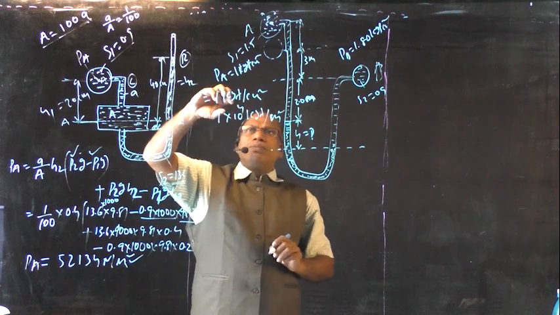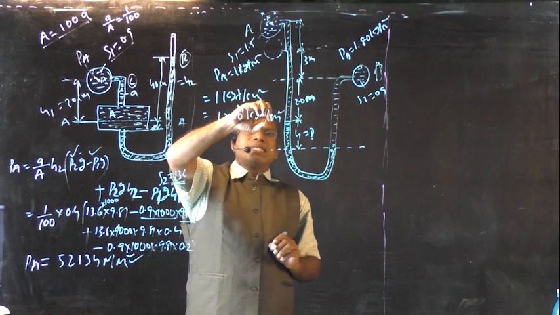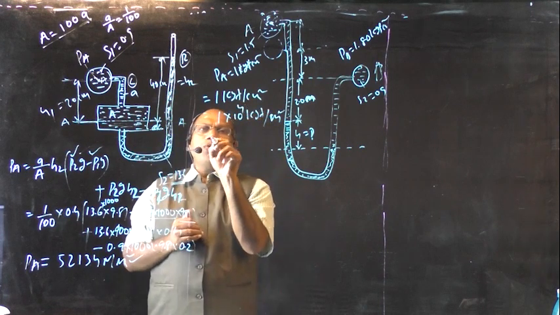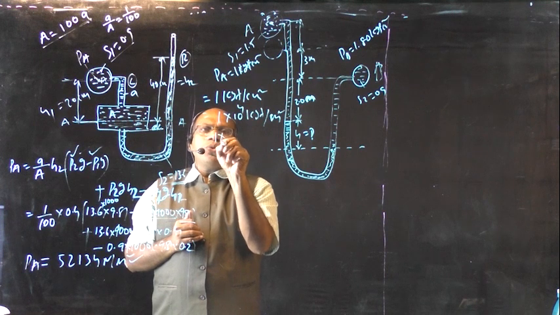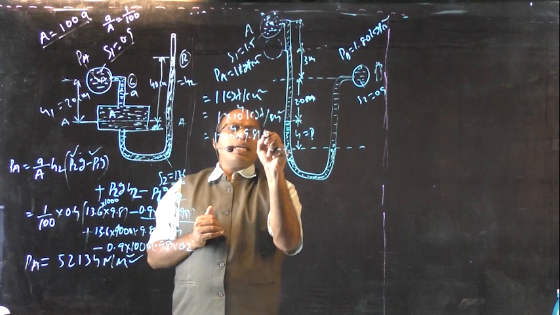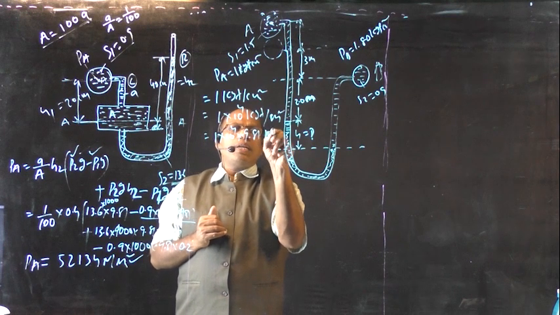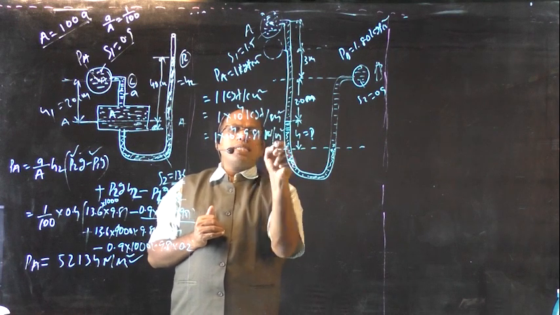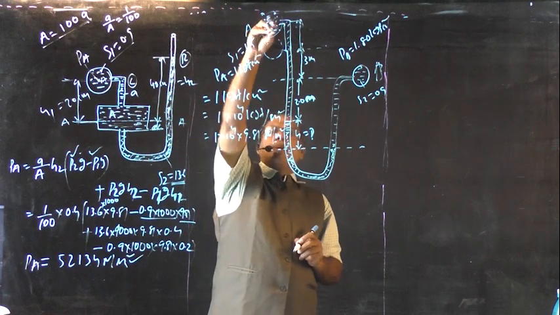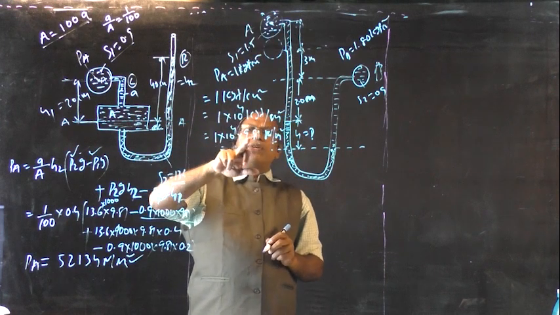This is the pressure unit in MKS system. Now this converts into SI system. Therefore 1 into 10 power 4 into 9.81 Newton per meter square. This is the pressure at pipe A, that is 1 into 10 power 4 into 9.81